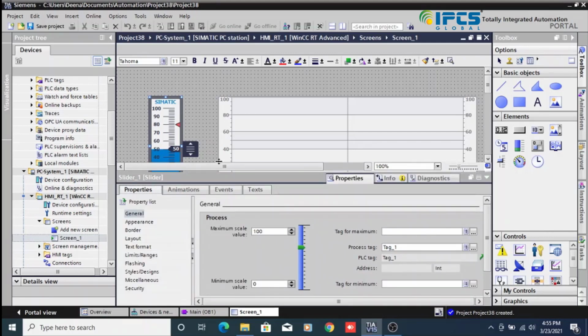Here I am going to also change the maximum scale as 27648.